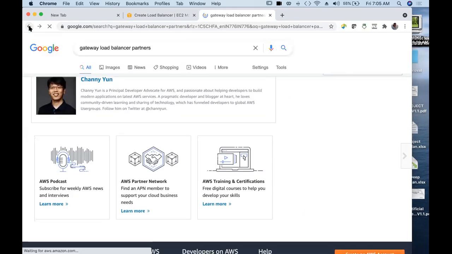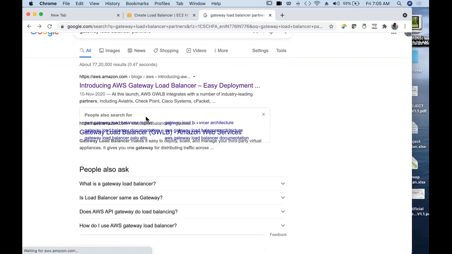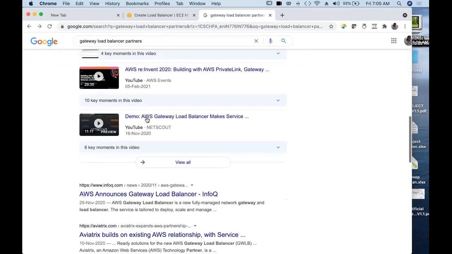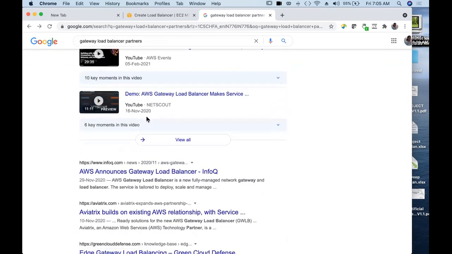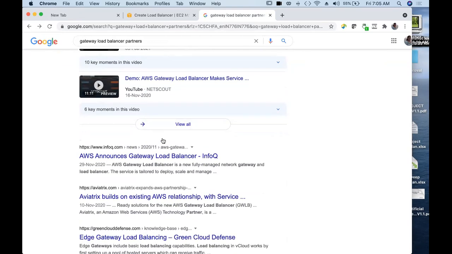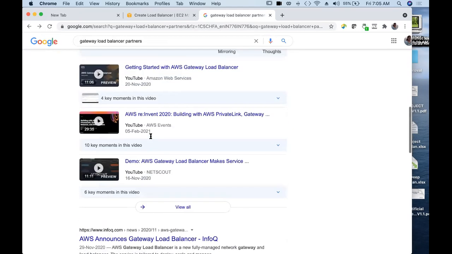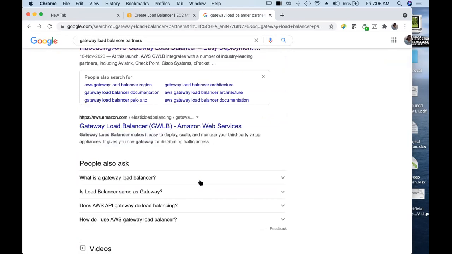So many documents are there, but I want to show you who Cisco is a partner, and there are some partners who are providing network firewall. So they have partnered up with this gateway load balancer. I'll let you know when we talk about gateway load balancer, we will see that.